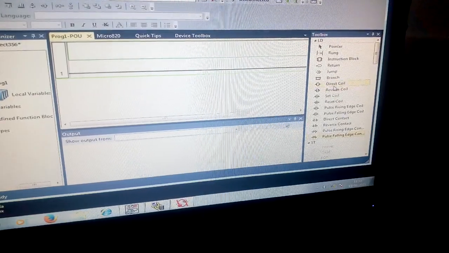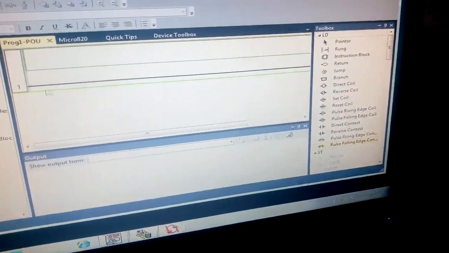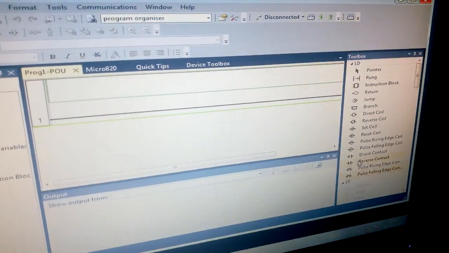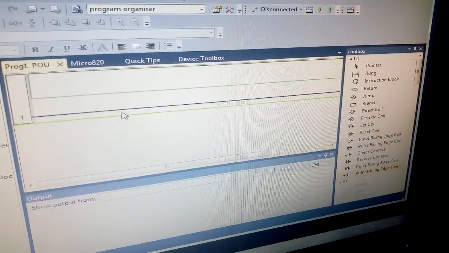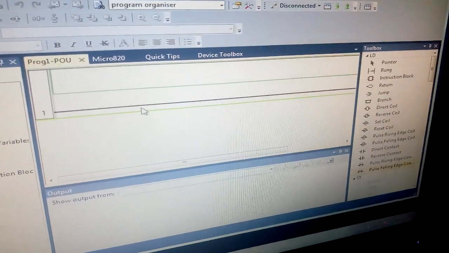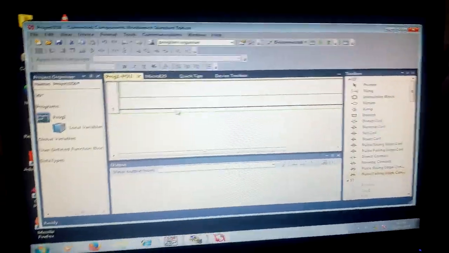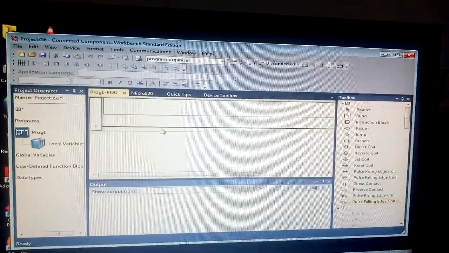The difference between reverse and direct: direct means if we give 1, it takes 1. Similarly, reverse means if we give 1, it takes the input as 0. Similarly for the output, if we get the output as 1 and use the reverse coil, our output becomes 0. That is simply a NOT gate.